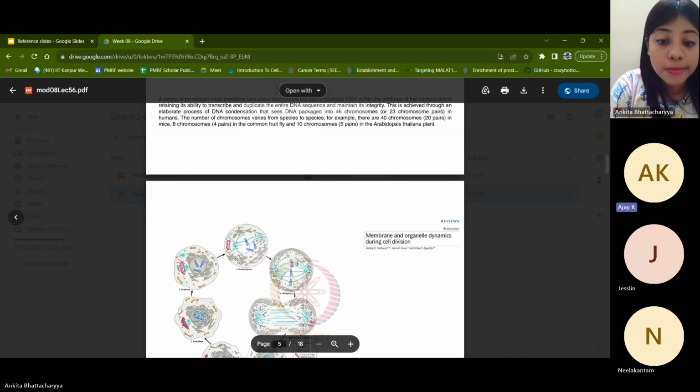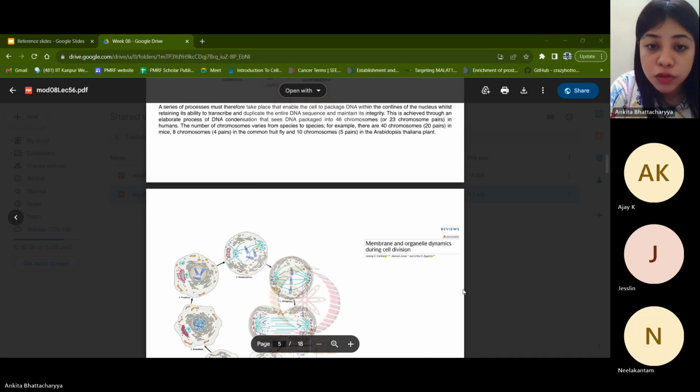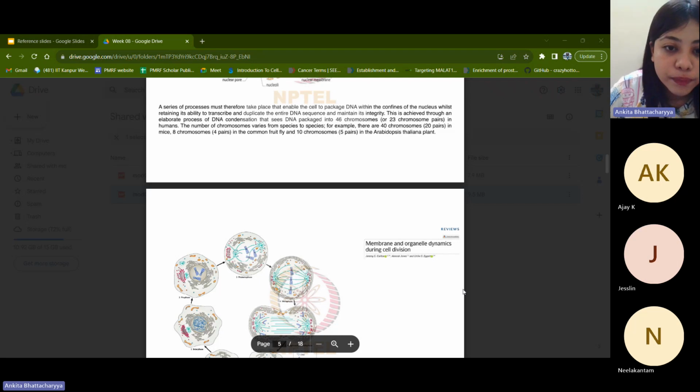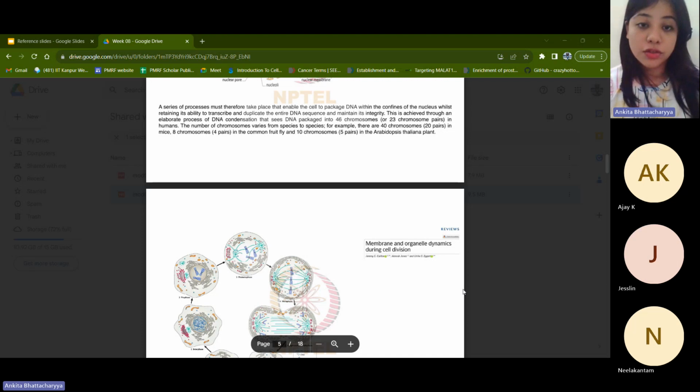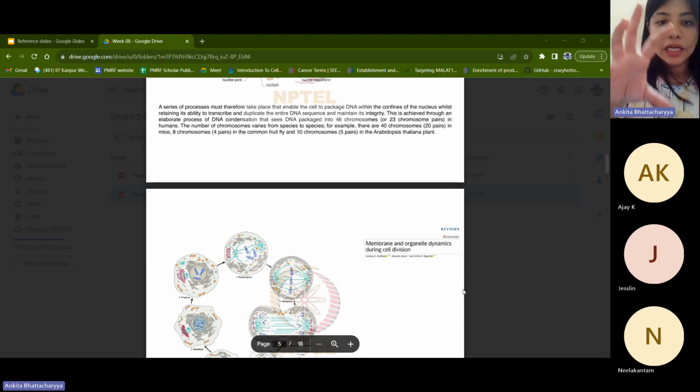Only the first picture, madam. What is nucleosome? Sorry, I couldn't hear you once again. The first slide you had showed, in that you had said some nucleosome. Nucleosome we have discussed, right? Okay, so nucleosome, that beads and string structure that we talked about, the beads part of it is actually what is the nucleosome.